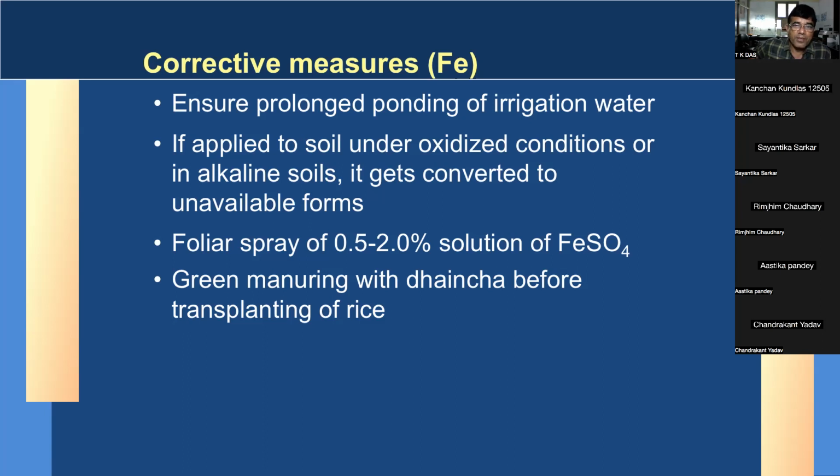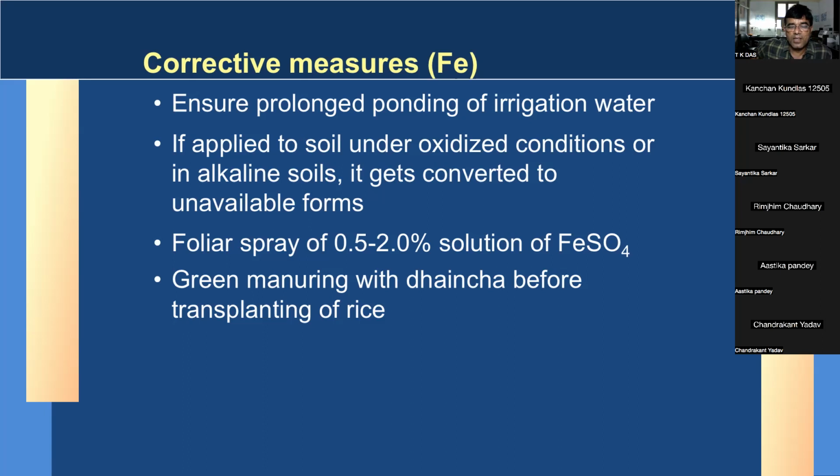For micronutrients like iron, manganese, and copper, the best way to correct their deficiency is through foliar spray of the respective fertilizer. Mainly sulfate fertilizers are used: copper sulfate, ferrous sulfate, manganese sulfate. Even if you want to supply nickel, you need to use nickel sulfate. So sulfates of these fertilizers are normally used